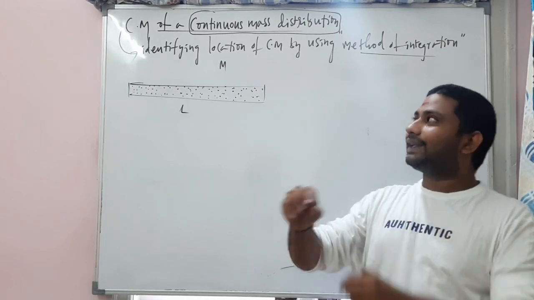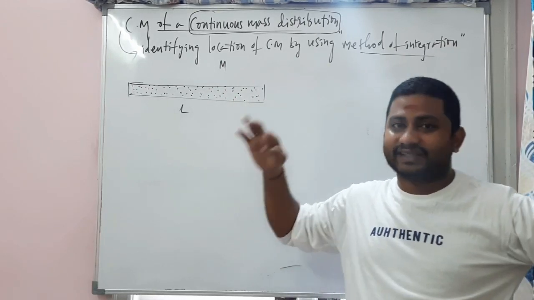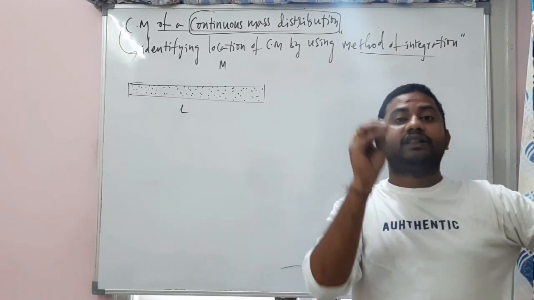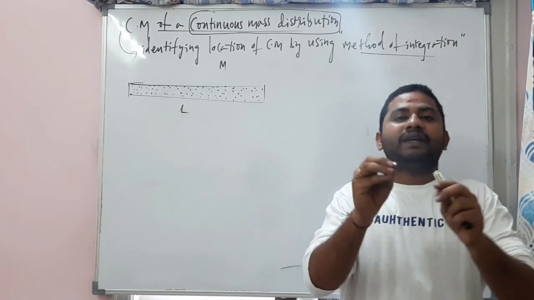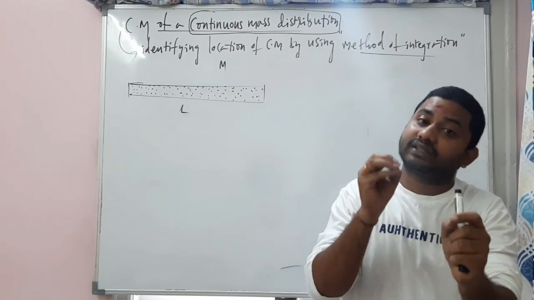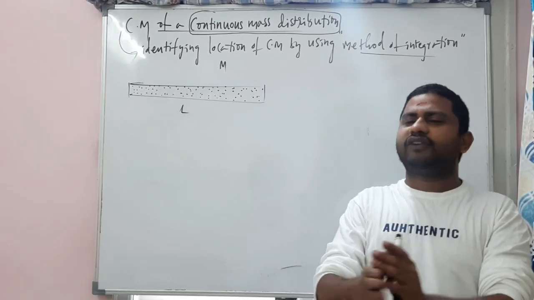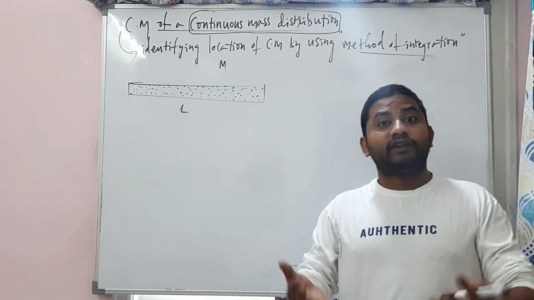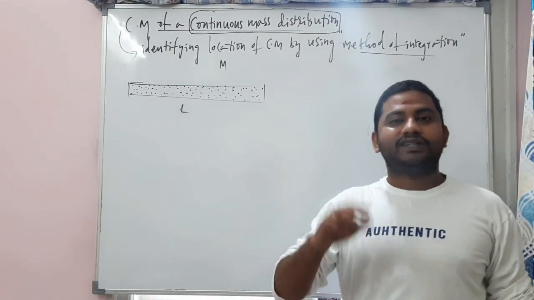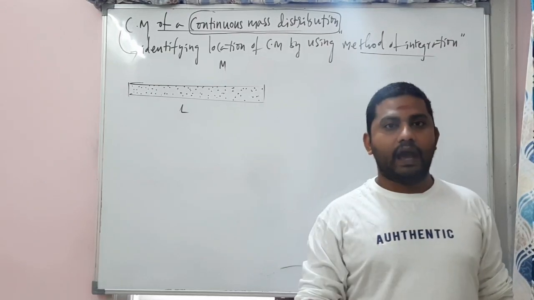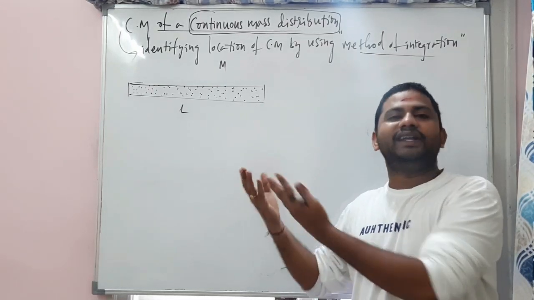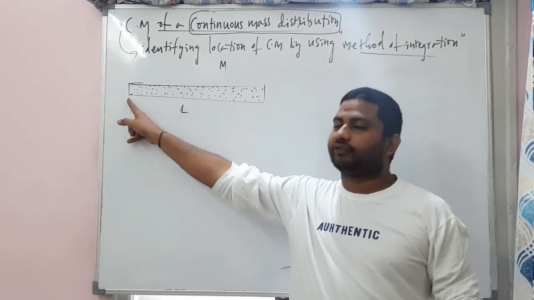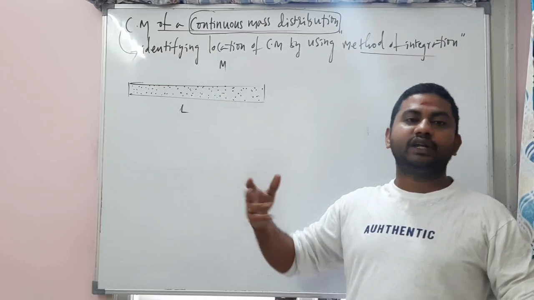Or m1 y1 plus m2 y2 and so on, divided by m1 plus m2, using this also is too difficult for us. Concentrating on the individual masses of the system and identifying the location of the center of mass by using our method of symmetry or the general method is too difficult. Sir, we know it is a uniform rod, so the center of mass will be at the middle, at a distance L by 2 from one end and L by 2 from the other end.